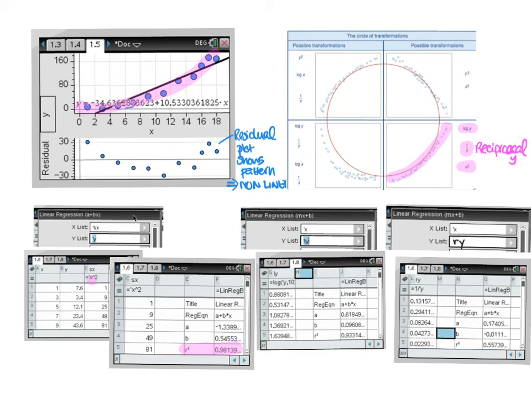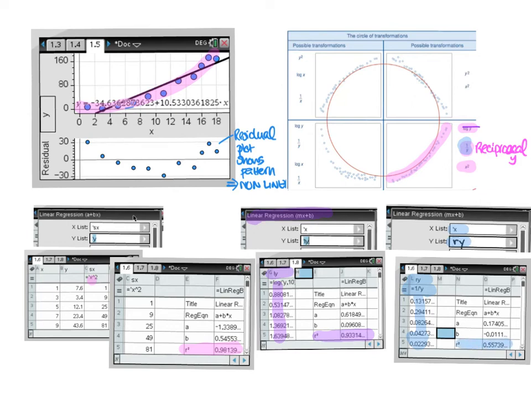So I'm going to do a log y. I created a list where I logged all the y values, and then I did the linear reg, and I found out that its r squared value is 0.93. Then I tried the reciprocal of y, so I called it ry, and here's where I put it in the formula and created that list. Then I did the lin reg, used the change lists, and got an r squared value of